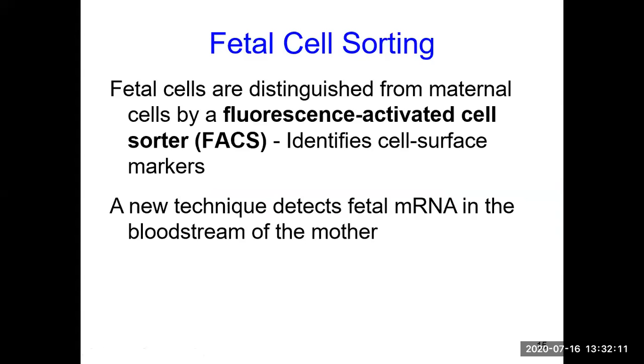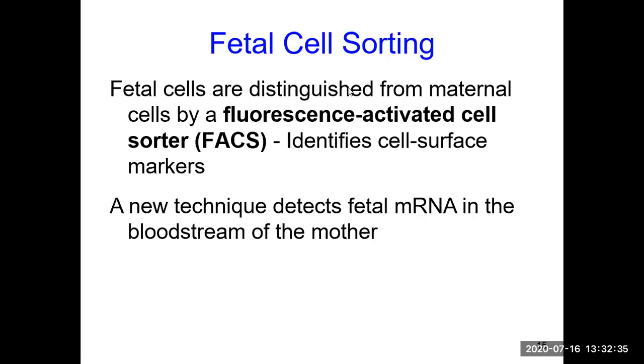Now, once the fluid or some sample is taken out from the fetal, there could be a mixture of maternal cells as well as fetal cells. So then we have to use methods by which we can differentiate, because we might be looking at the mother's chromosomes. If we cannot differentiate what is a maternal cell and what is a fetal cell, and the maternal chromosomes might be perfectly normal, then that is an erroneous diagnosis.